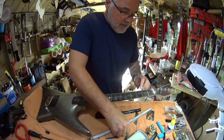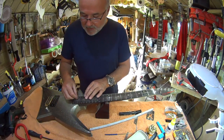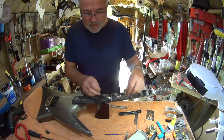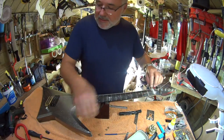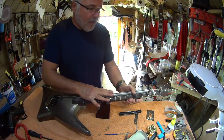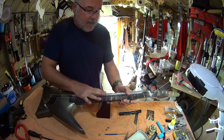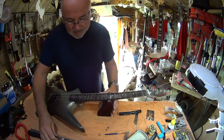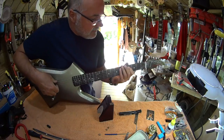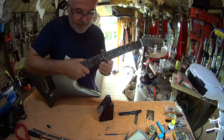Right, now I don't really even need to mark up the next ones. I can just work straight by kind of feel, really. It's good too. You can see there's some dust where I've cut the frets, and it's a nice consistent cut all the way along, which means the curvature on this neck is good. It's good and even. It means that the way this tool is cutting is nice and even too. Now I'm really listening by ear, so in a way you don't really need to see. That's okay. One more to go,